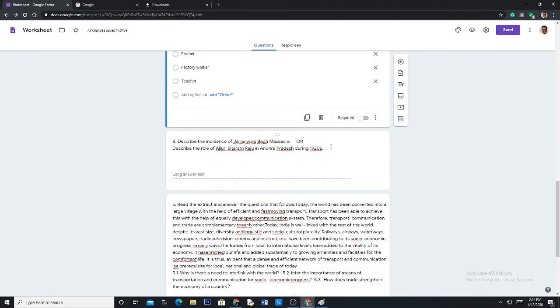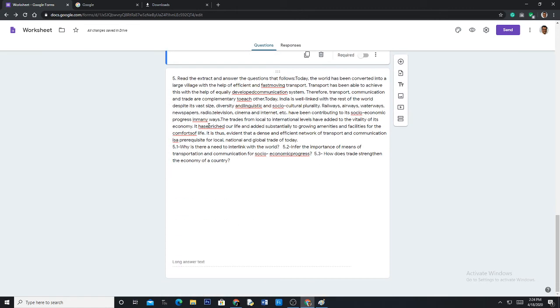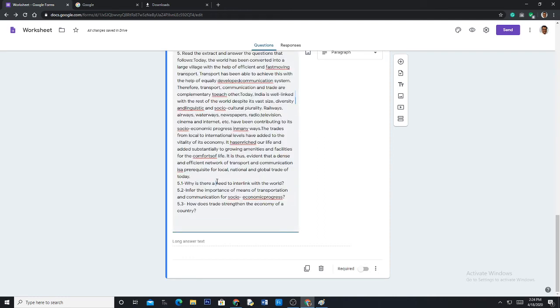And this here is a 4 marks question. Suppose I write 4 marks here. And the last one, suppose there are 3 questions here. So I say this is 2 into 3, that is 6 marks.